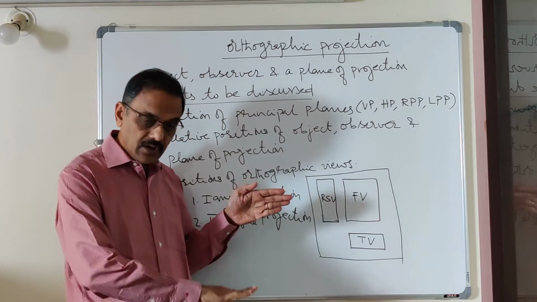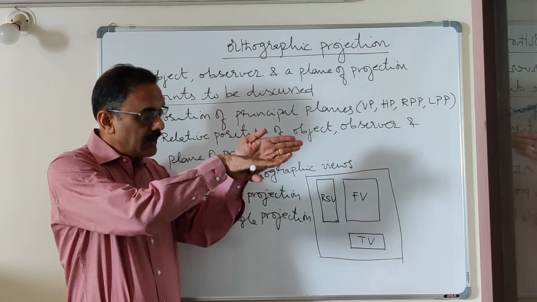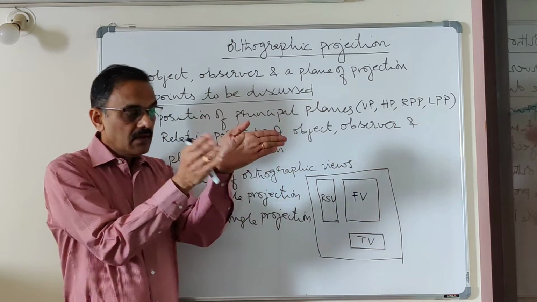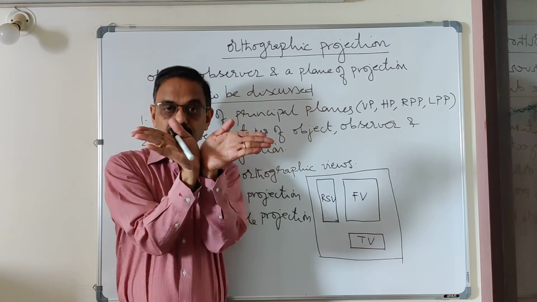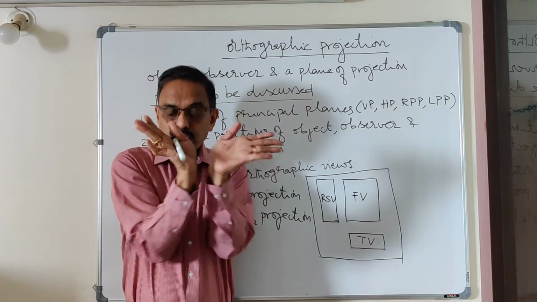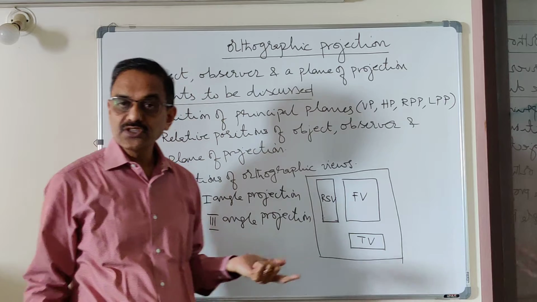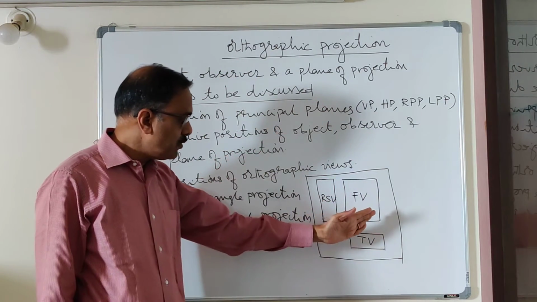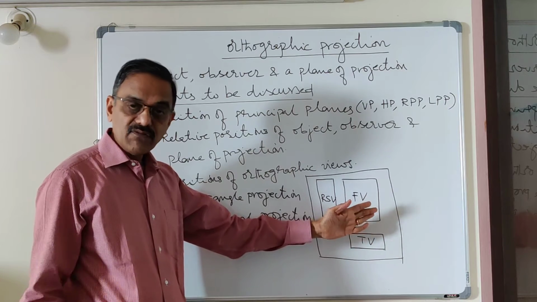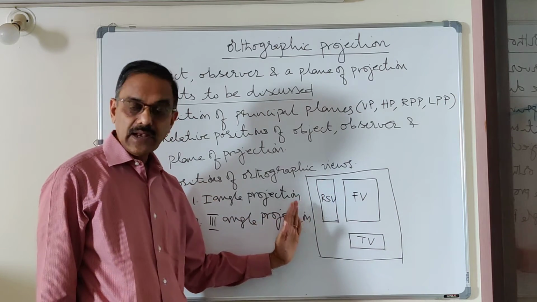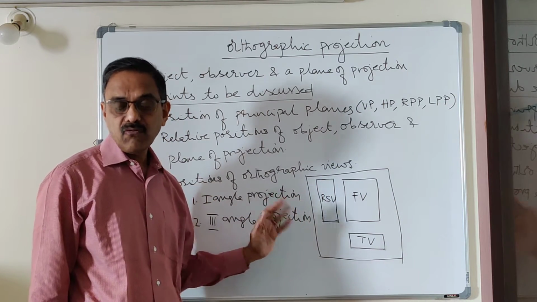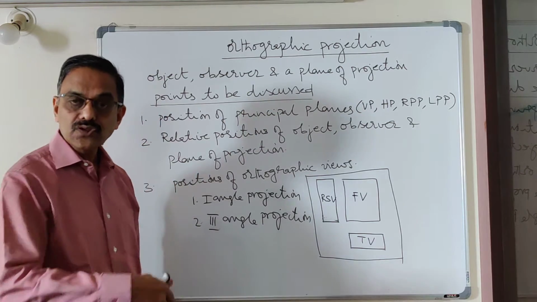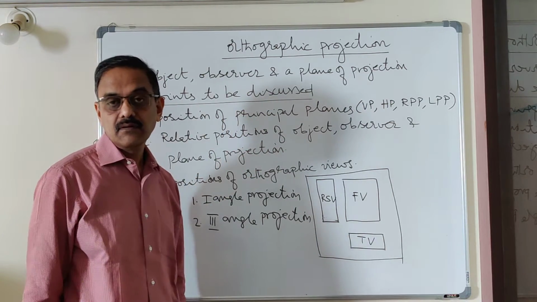The top view, the horizontal plane, when rotated by 90 degrees, it will go like this. Then the left wall, when rotated by 90 degrees, will go like this. So that all the three planes are brought into a single plane, the plane of the board. So the right view has occupied a position on the left. Why did I call it the right side view? Because the observer was on the right.